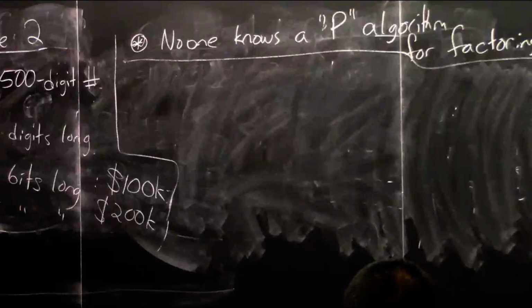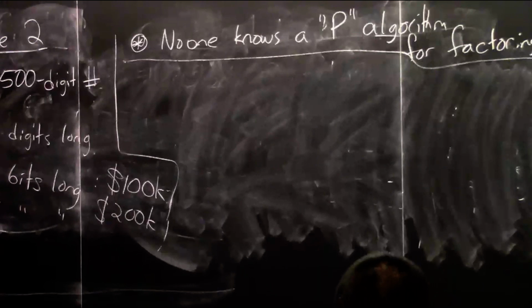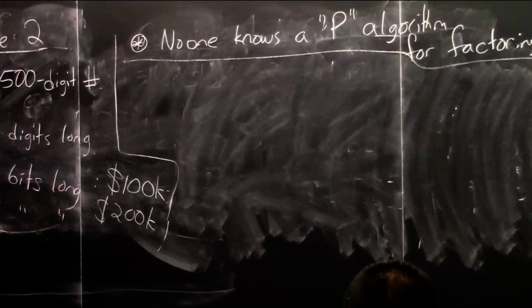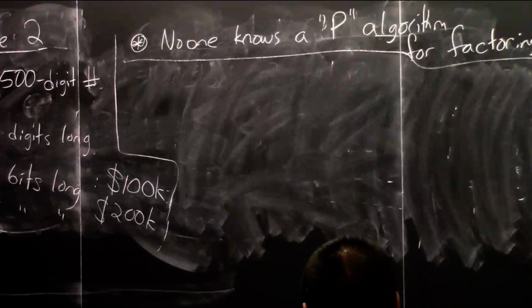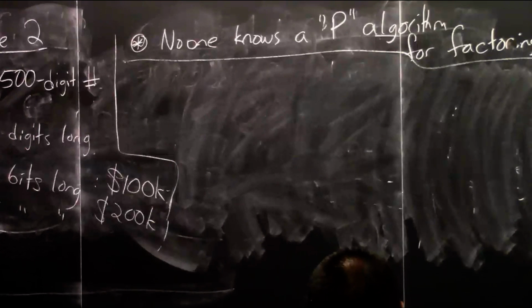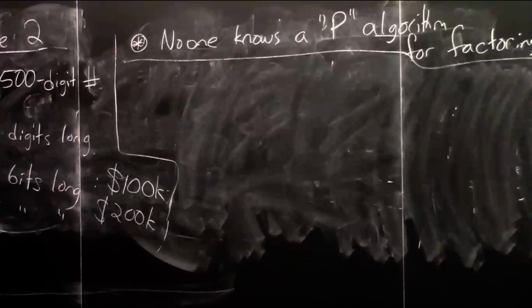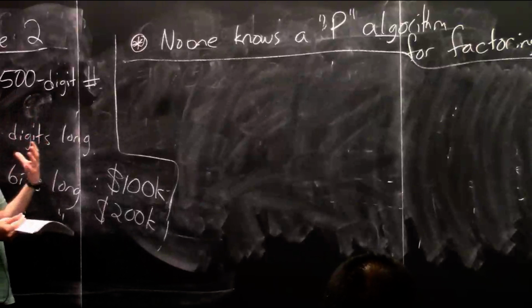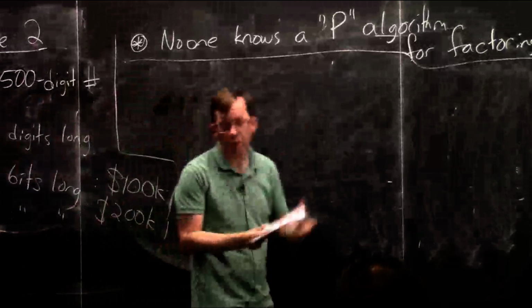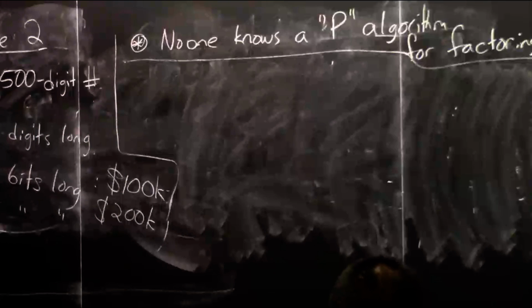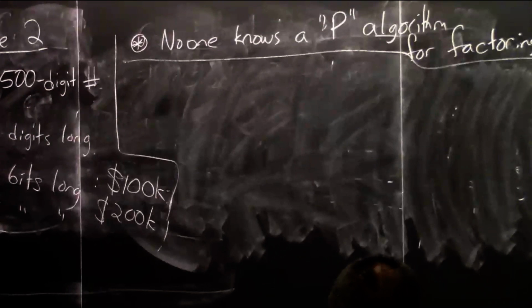And you can ask a further question: is there a P algorithm for factoring? Maybe we just don't know it. Maybe there isn't one. That's an interesting question. I guess the majority of people who have thought about it a lot guess that there isn't. Not everybody, but the majority of people do. And in some sense, all of us put our money where our mouths are, and kind of bank on this fact, because the assumption that there's no physical algorithm for factoring, let's say 2048-bit numbers, is at the heart of most cryptography, almost all cryptography that's in use today.